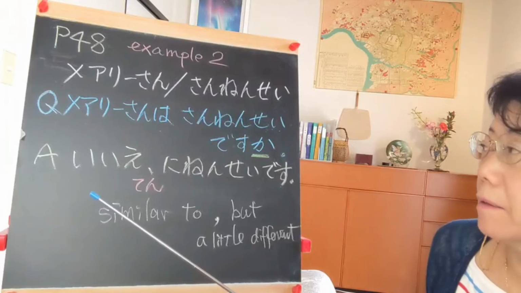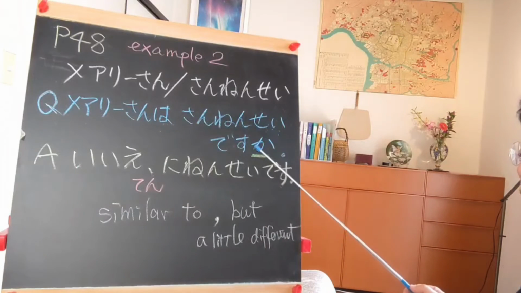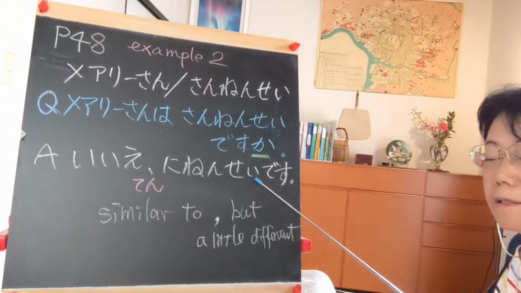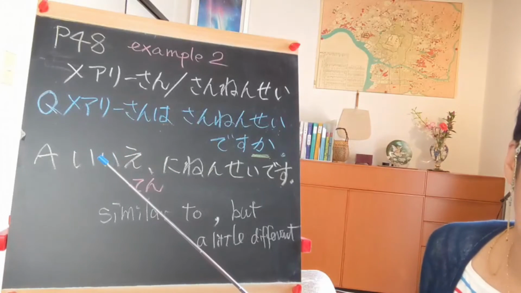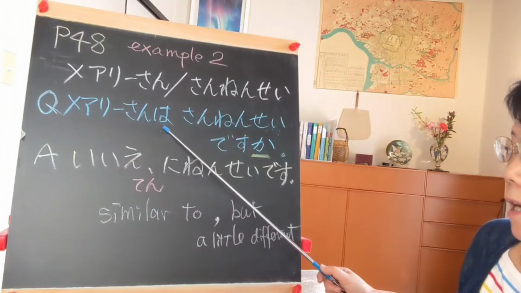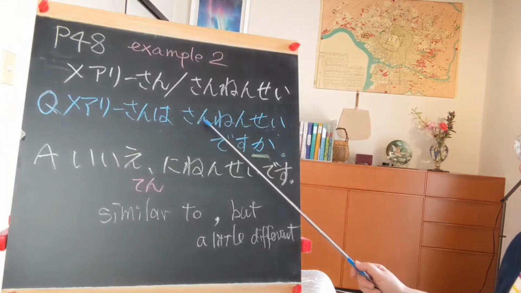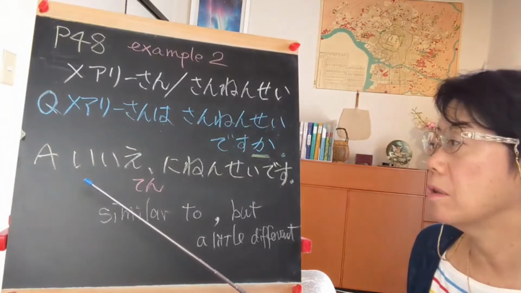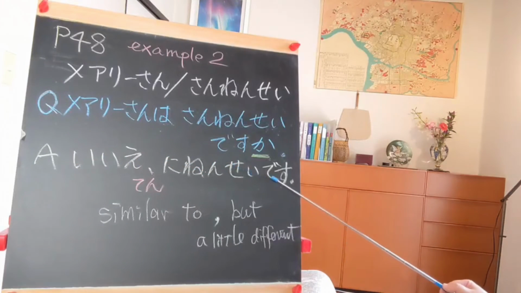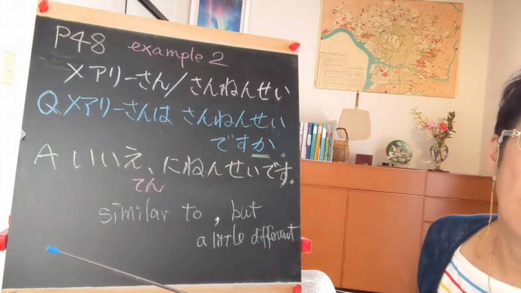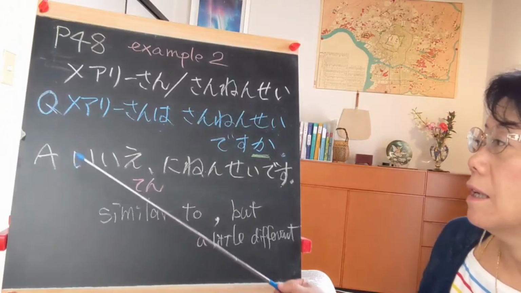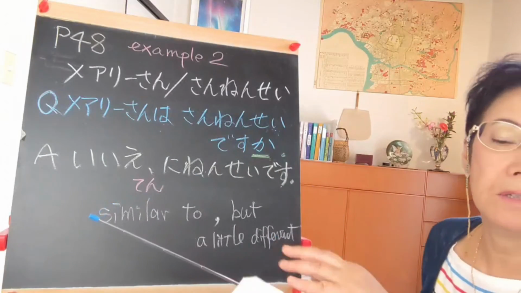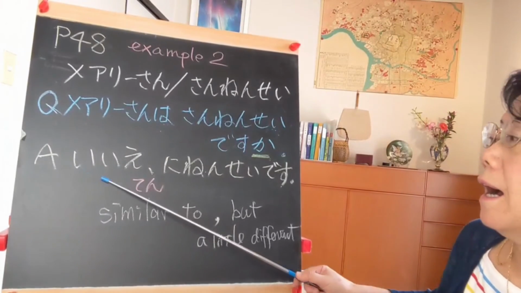So, number 5. ロバートさん、4年生。ロバートさんは4年生ですか？Robert is a fourth year student. So, はい。そうです。And number 6. ロバートさん、21歳。ロバートさんは21歳ですか？21歳 is 21 year old. Check Robert's age, 22. So, いいえ、22歳です。Number 7. 山下先生、日本人。山下先生は日本人ですか？Is Mr. Yamashita Japanese? Yes, he is. So, はい、そうです。